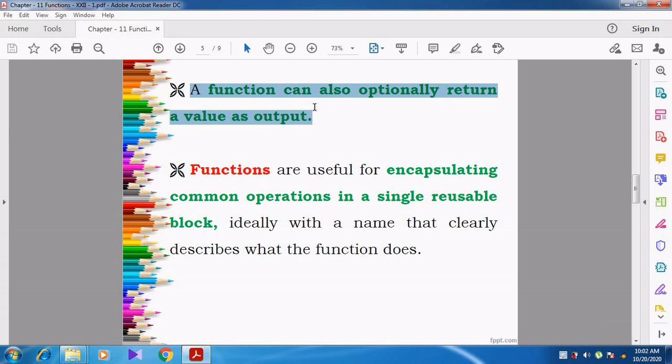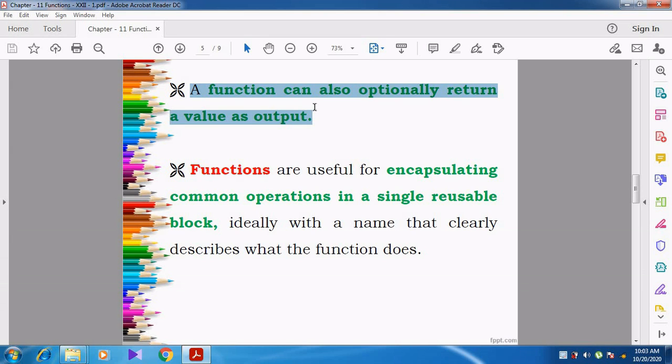Whenever a function wants to return some value to the main function, or whenever a value is returned as an output, then a return statement can be given, but it is also an optional one. It is not a compulsory one.